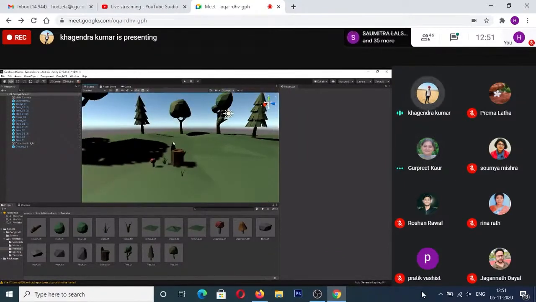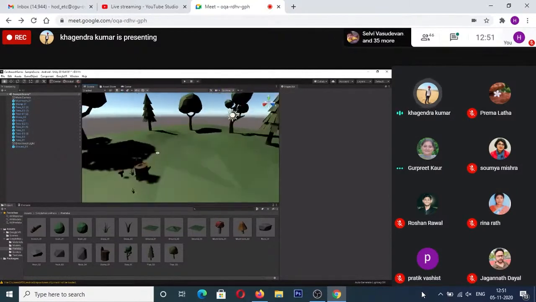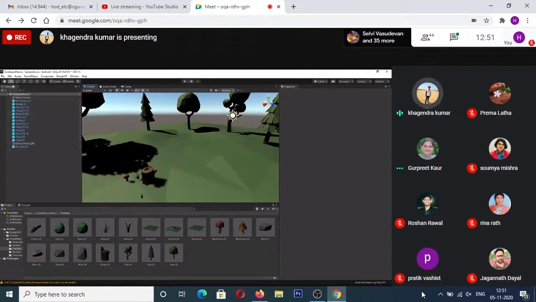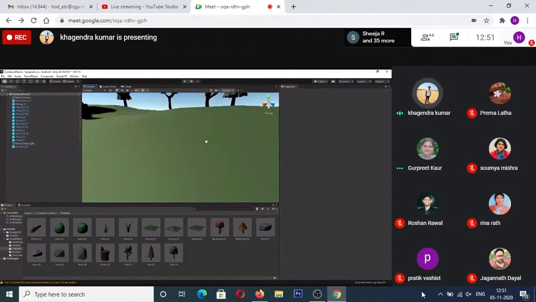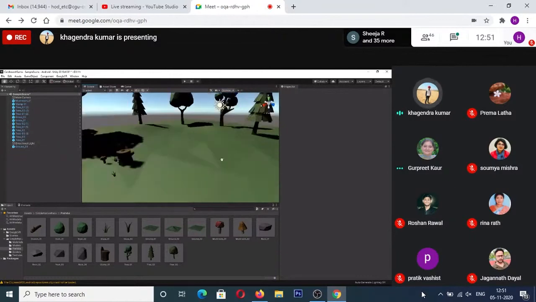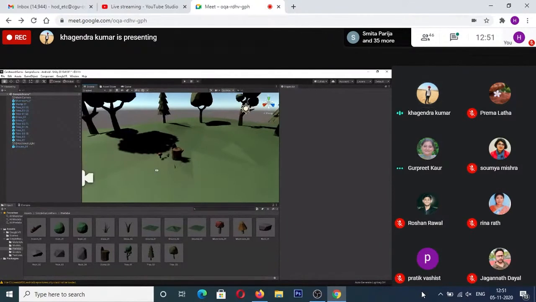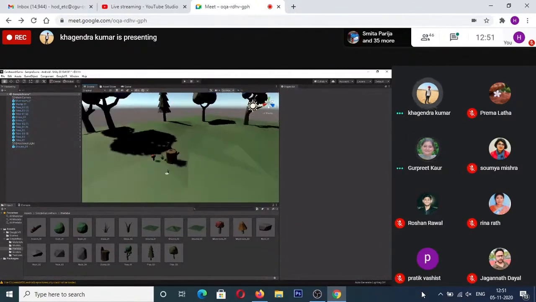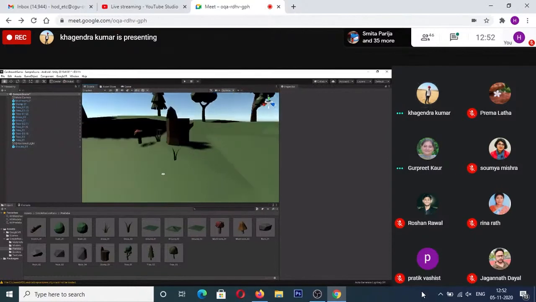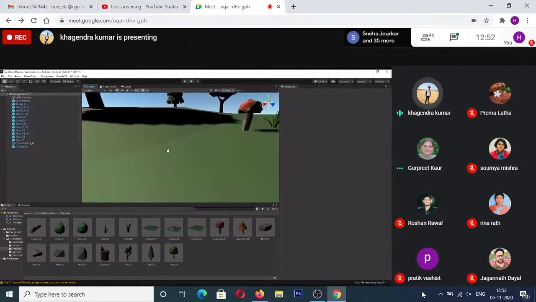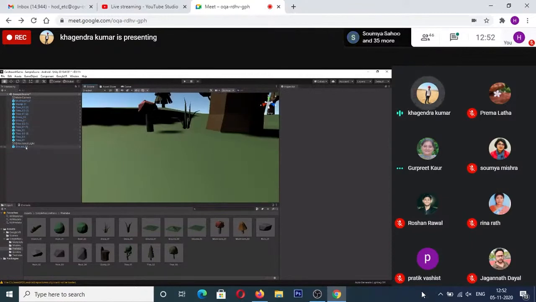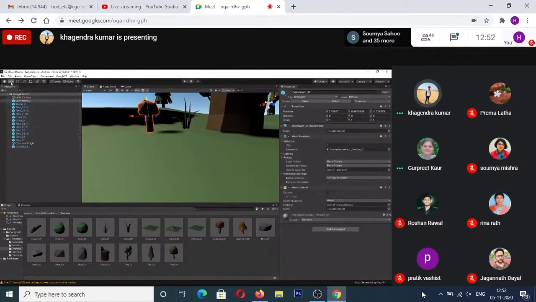Okay. No problem. So once you select this Alt button and then move around, this is one option to go for. Or if you go ahead and select this hand button that is there at the top left, and the shortcut for that is Q, you will get a hand option which you can use to move around the scene this way. But I do find this Alt option much more interesting to use. Alt with the scroll button is much more intuitive to use. Right now, even my mushroom seems to be floating on the ground. So I'm going to go ahead and select it and place it in the ground.